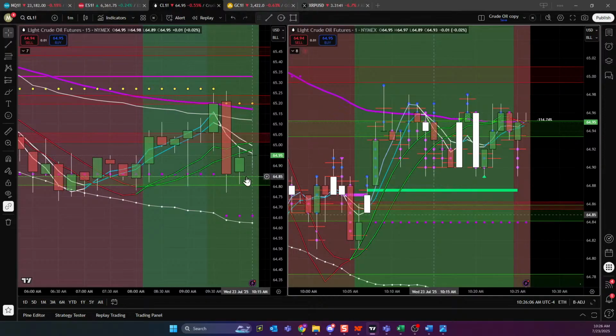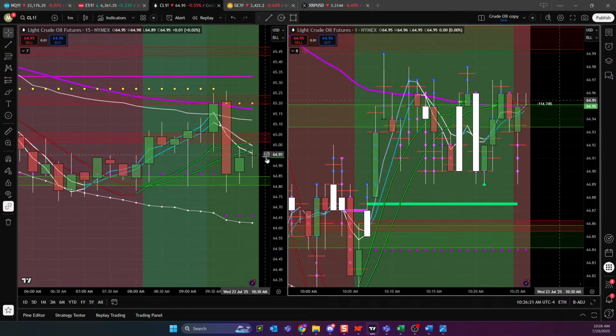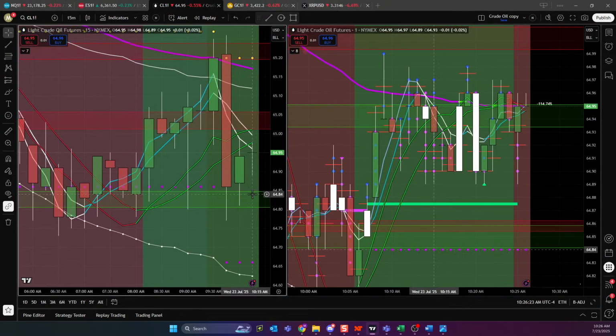There's room back to trouble, but trouble's been holding all day. There's my mid band, still holding. I do have a zone up. My smalls are up, but my large are down. If I were going to take a trend trade from the strong side of the triggers to try to get back to that zone, I would have to have a close on the other side of these triggers. And honestly, life would be much easier if this zone wasn't here.